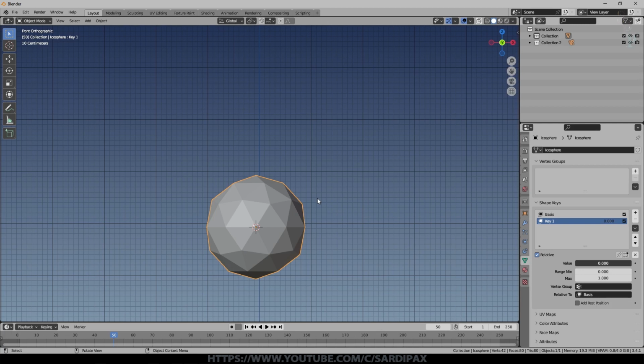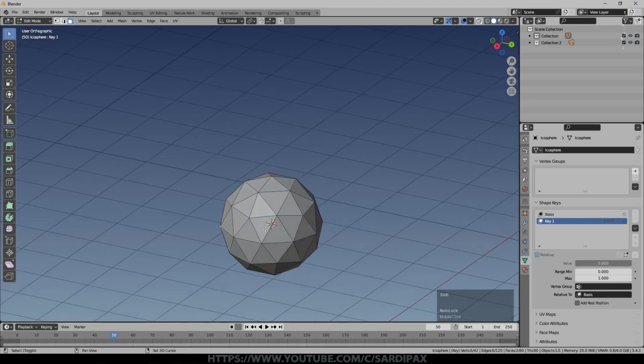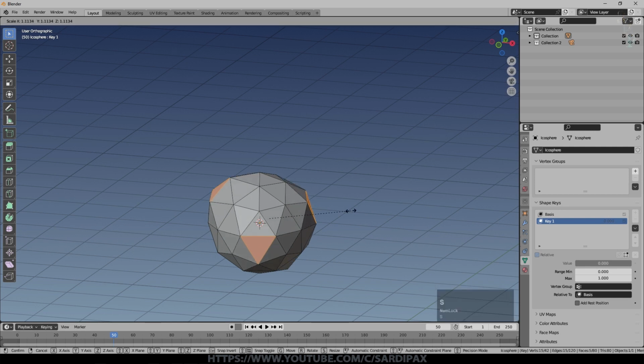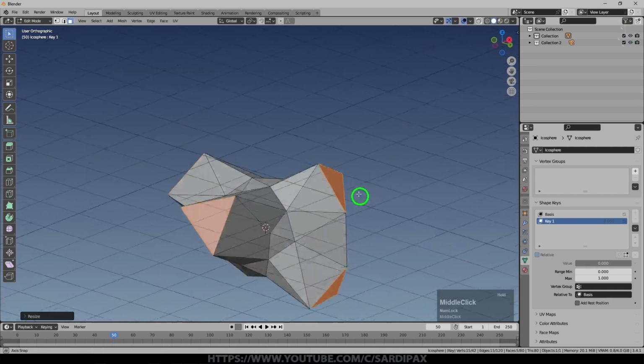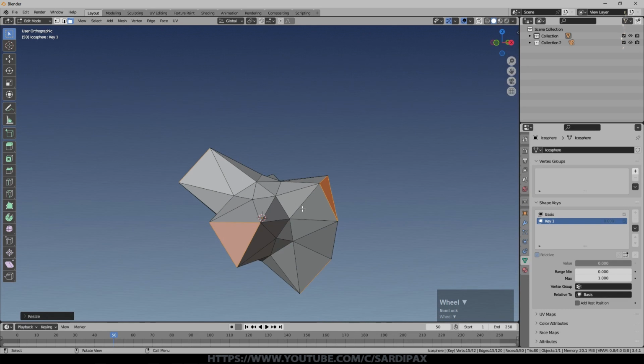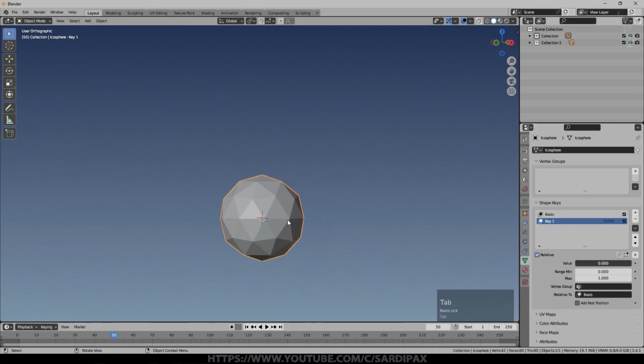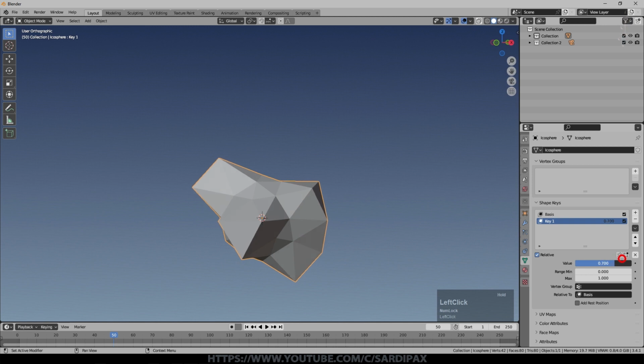I'm now going to go into edit mode, and I think I'll select a few of the faces, and I'm going to scale them out like that. And that is now the shape for my first shape key. So I'll come out of edit mode, and you notice it's gone back, but we've got this option over here called value for key 1. And if I start to turn that up, you notice that distortion is coming back.